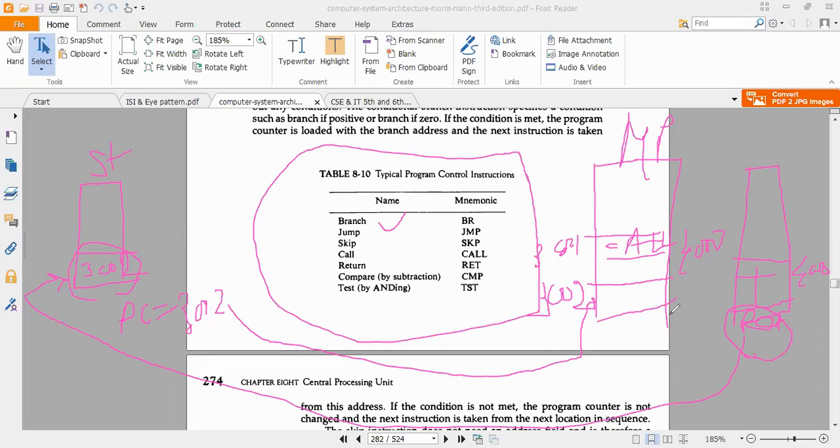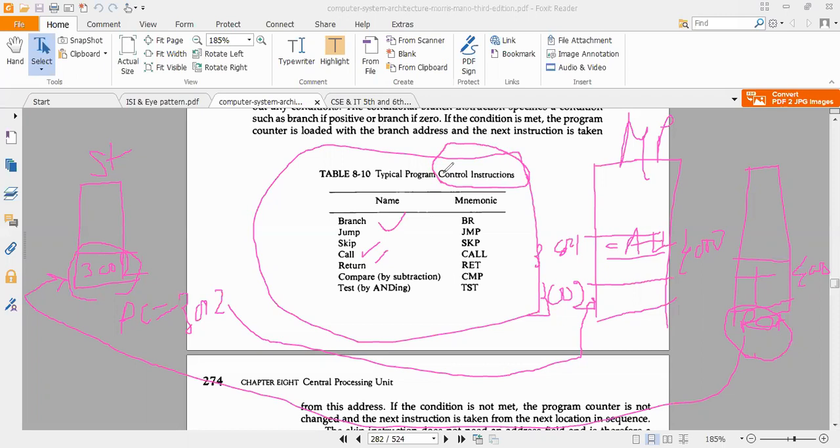When you feel the subroutine is complete, when you face the return instruction and execute it, you come back to the main program through the stack, because the returning address is kept in the stack. You retrieve that returning address, 3002 here, and then you come back to the main program. This is the way. That's why call and return are also control instructions: you are controlling the flow of execution of the program.